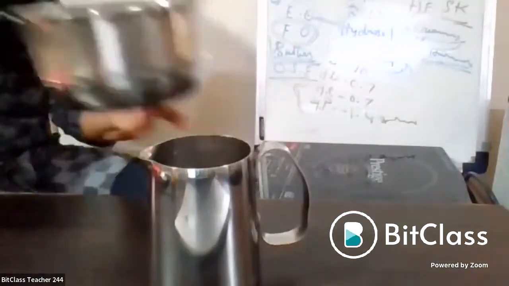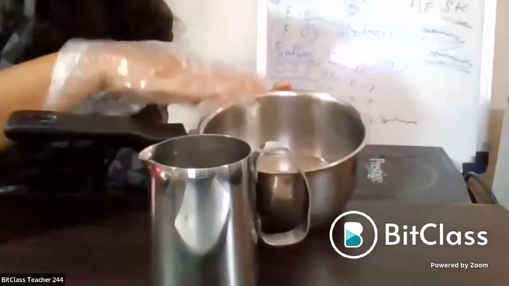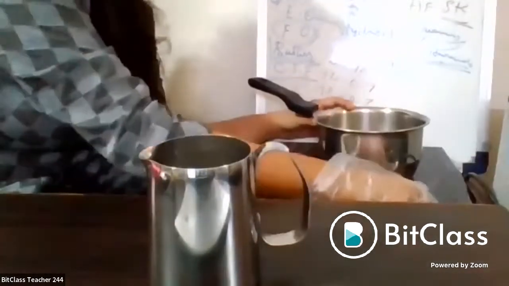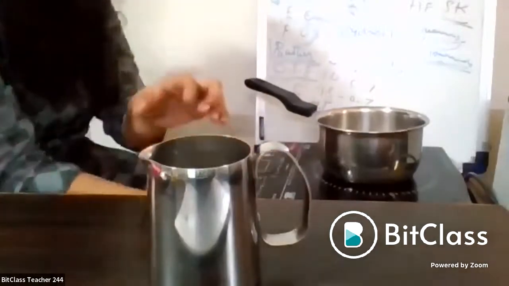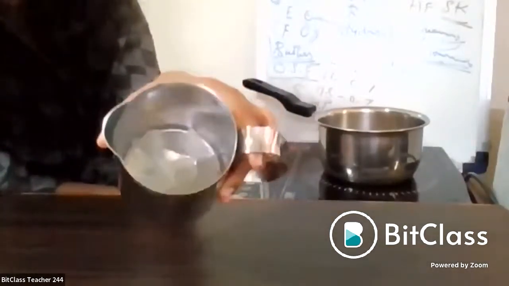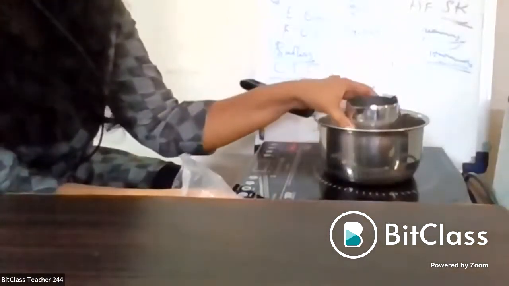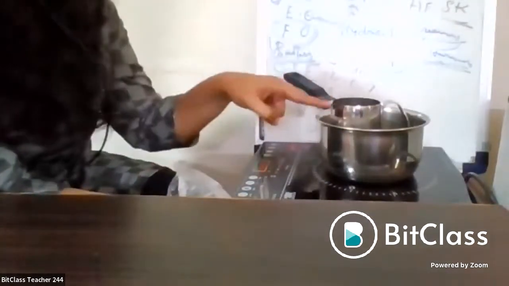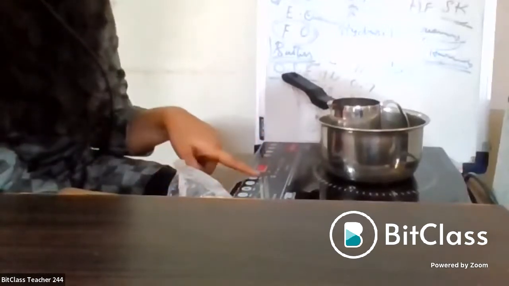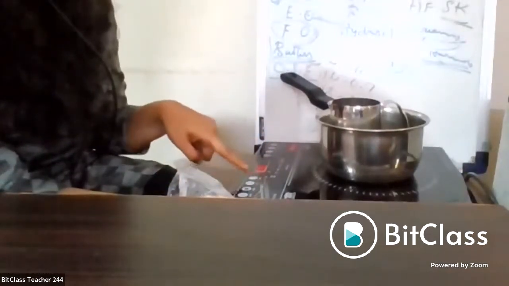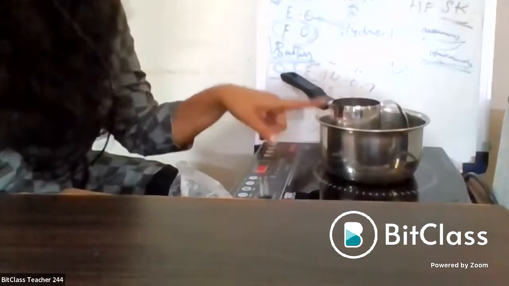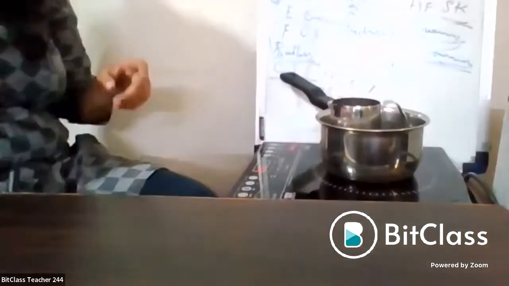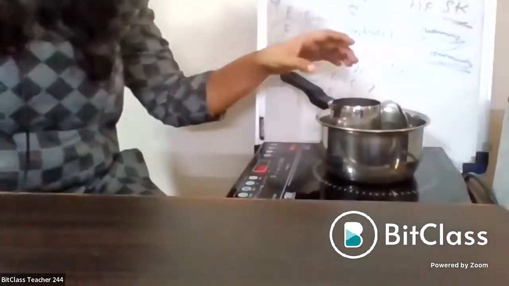How much heat it should be: only the water that we keep for melting should get heated. So in the heat of the water itself, the soap base should be melted. Don't put high heat. Keep it at low to medium. Maintain a very, very low temperature. So I have set my induction at a very low heat, 350 I have set up here. Once the water is heated, I will take it off and I will show you.